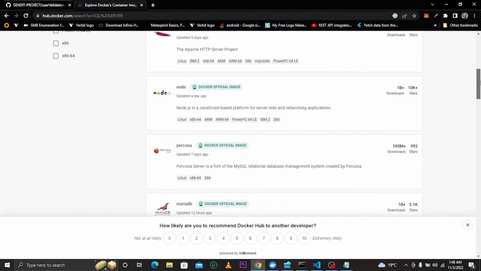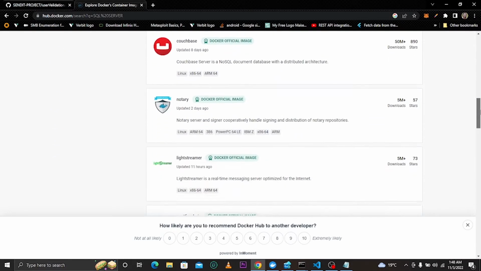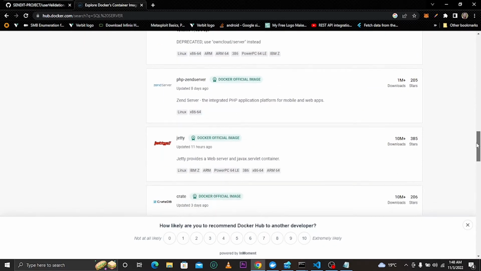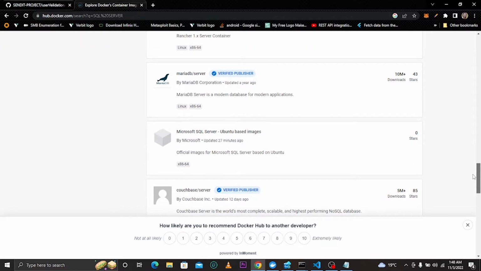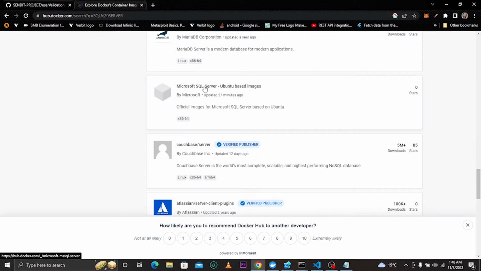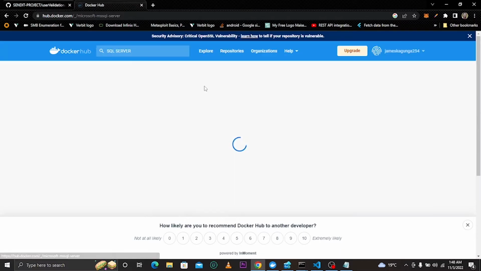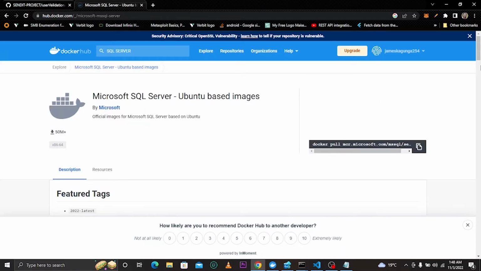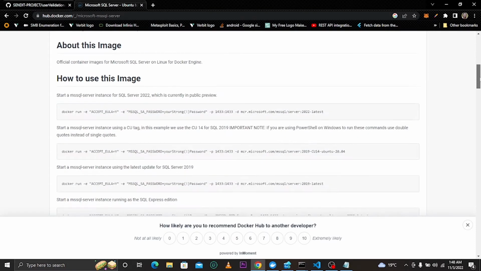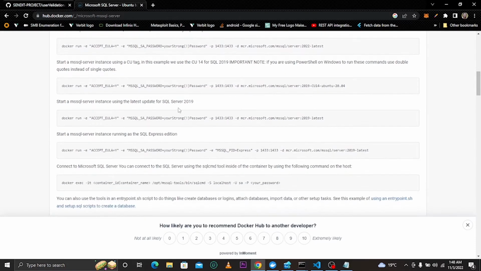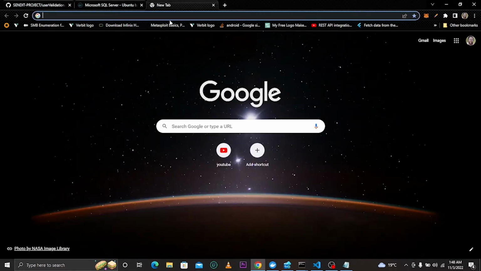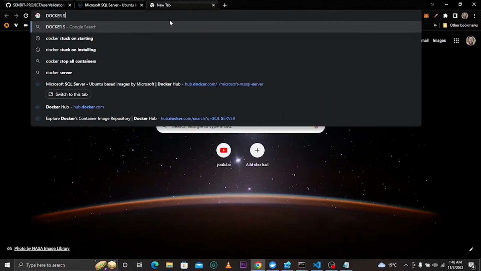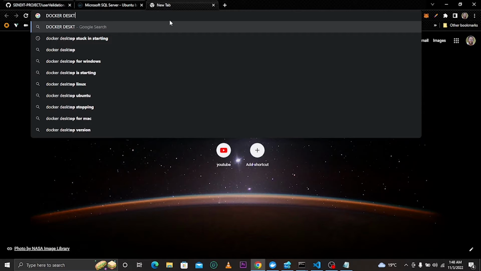Scroll down until you find the SQL Server container or image. Here you can already see the Microsoft SQL Server container, and you can come here and run the command. You can use this one for 2019. I'm actually running this image for Docker, but you'll only do this if you have already installed Docker Desktop. So first of all, install Docker Desktop,